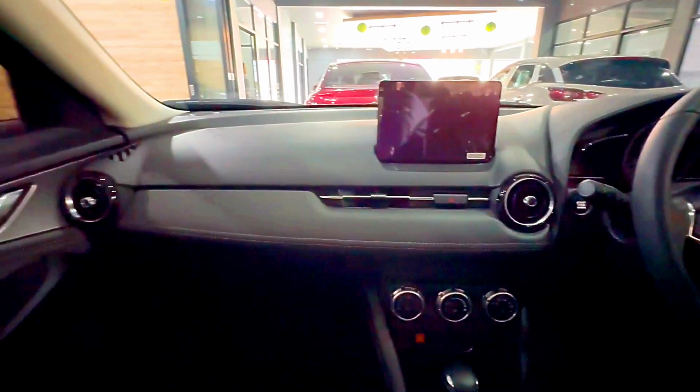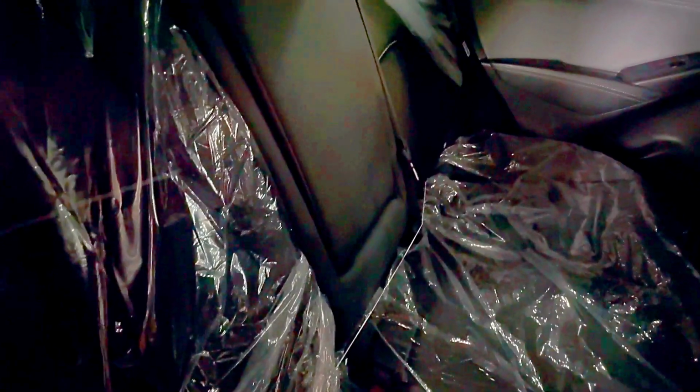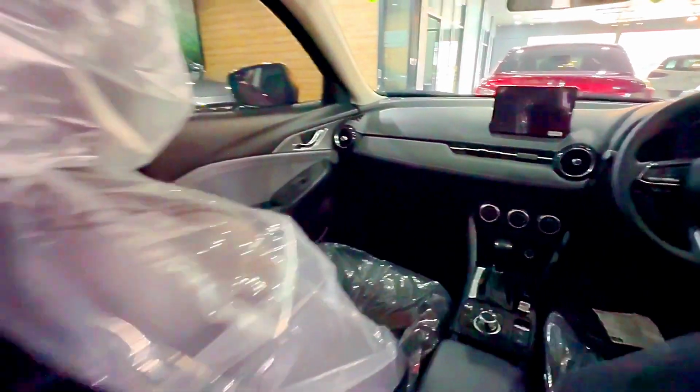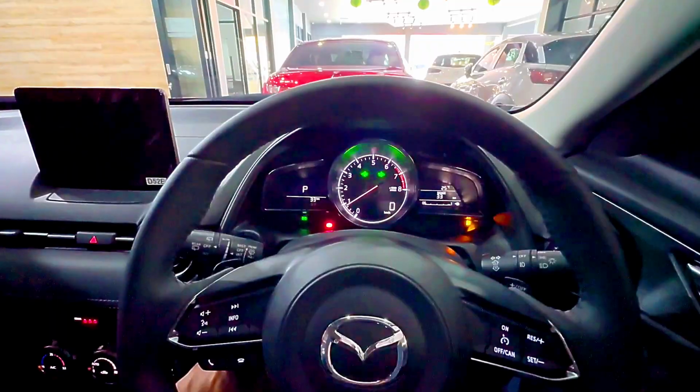Snowflake white pearl mica. Jet black mica. Platinum quartz metallic. Aero gray metallic. The following cost an extra $595. Machine gray metallic. Polymetal gray metallic. Soul red crystal metallic. The Touring SP is only available in the following finishes: